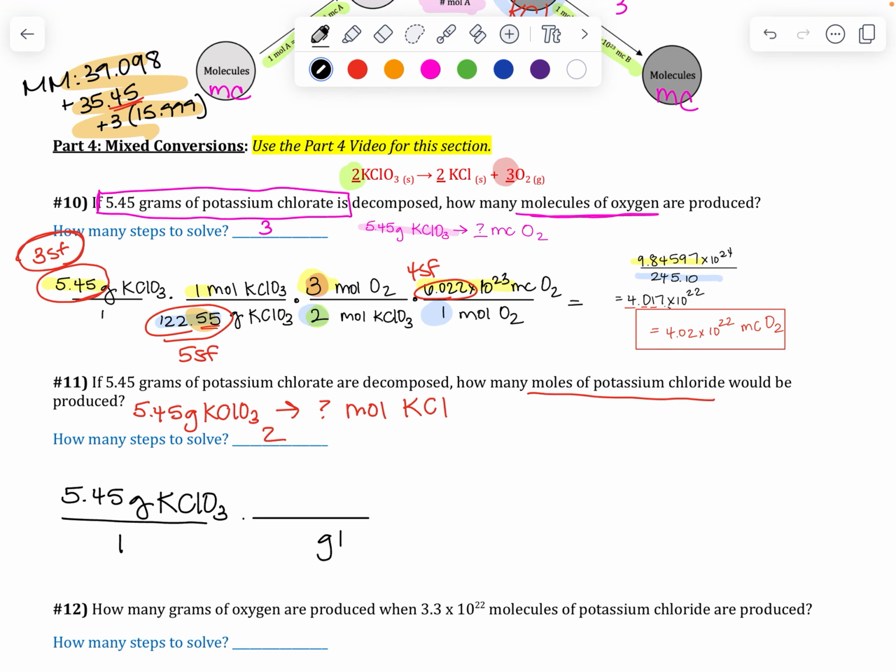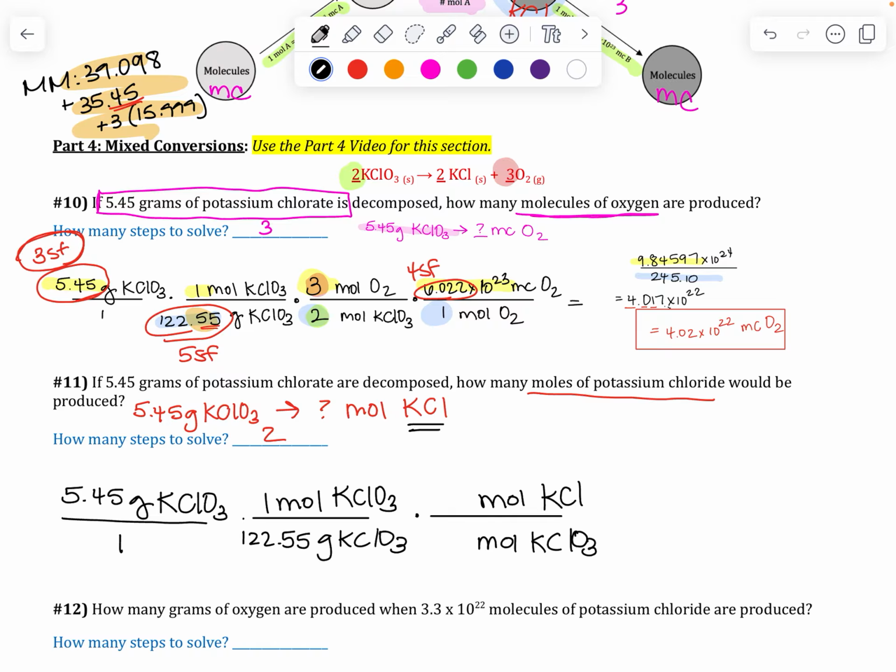Getting rid of grams of that KClO3, we know we need to get to moles, so we can use that mole ratio. So 1 mole of KClO3 is that molar mass. We found that molar mass up here, same thing as here. So that 122.55 grams of potassium chlorate in 1 mole. Now that I'm at moles, I can use the mole ratio in my reaction. I need to get rid of moles of KClO3. I want to switch to potassium chloride. So that's going to go in the top. And we get our